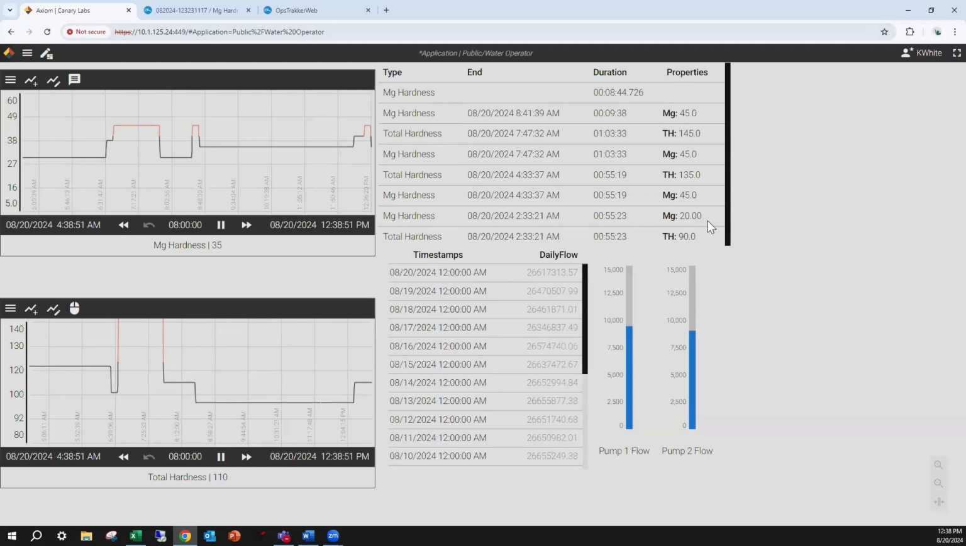So that's the front end of what we're working on here. But I want to show you the really cool power